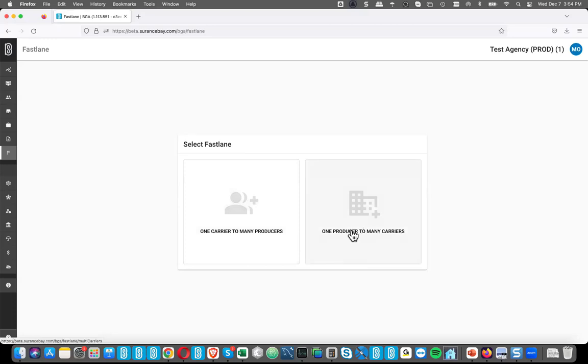I think it makes more sense, certainly when you've got one producer for many carriers, because then we could just show the list of states for that producer. But then there's still some considerations, right? Not every carrier you select might be enabled in those states. So we could create some conflicts there.